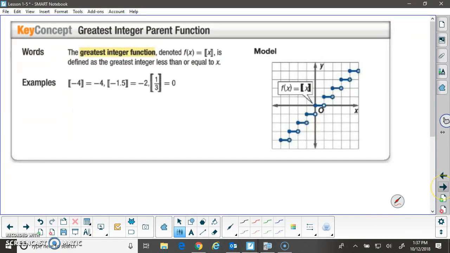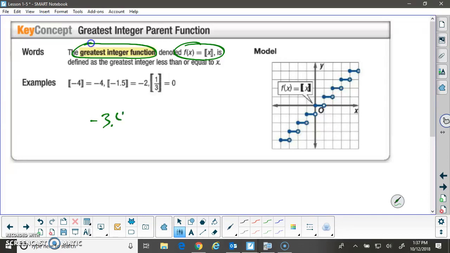And then our last parent function is called the greatest integer function. And the greatest integer function, it looks like this. We use brackets around an x. And the graph looks like a bunch of steps. And you notice that the steps have closed circles on the left and open circles on the right. And how this function works, it takes the input and produces the greatest integer less than or equal to the input. So as an example,